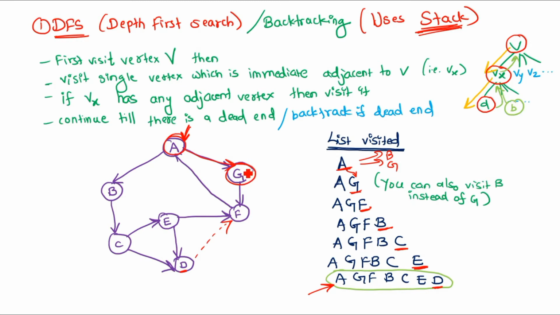Again, if we have picked this vertex, and if there is an adjacent vertex, then we again continue this process till we reach the end of this particular graph. So again this will get visited. This is my flow. So A is visited, then A and G are visited, now AGF is visited. Now for F we do not have any unvisited adjacent vertex. The adjacent vertex for F is only A, sorry, E, but E is already visited.